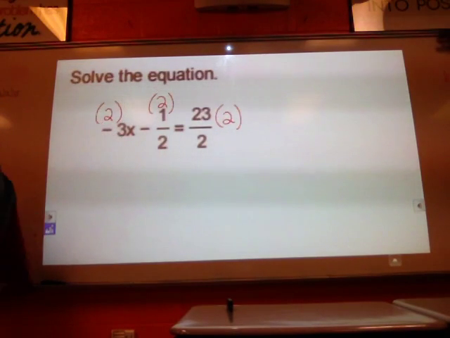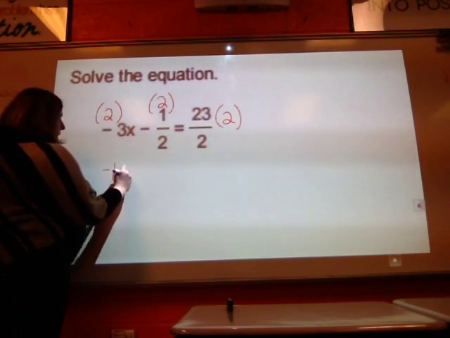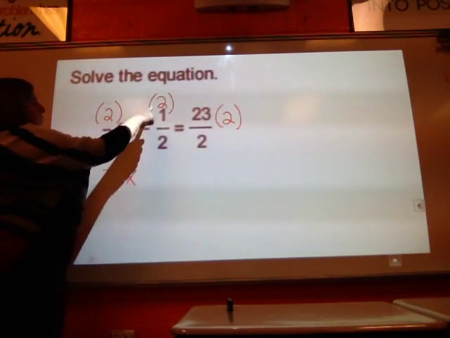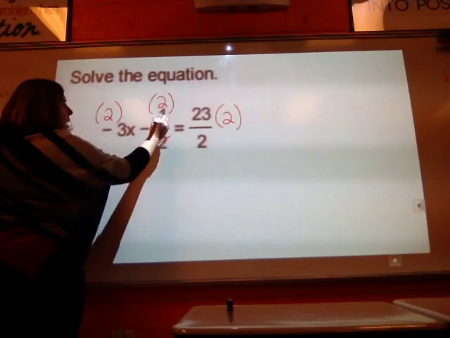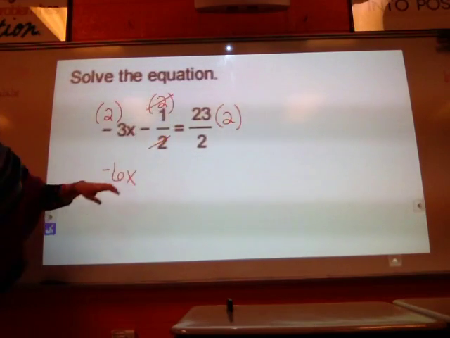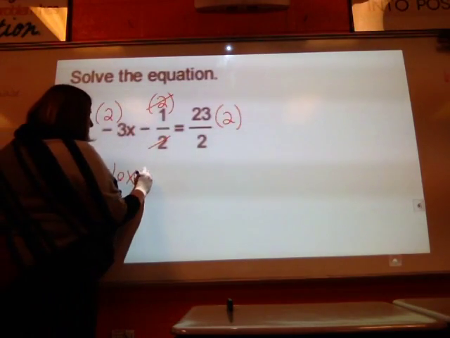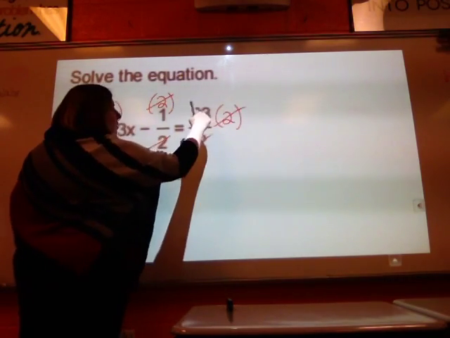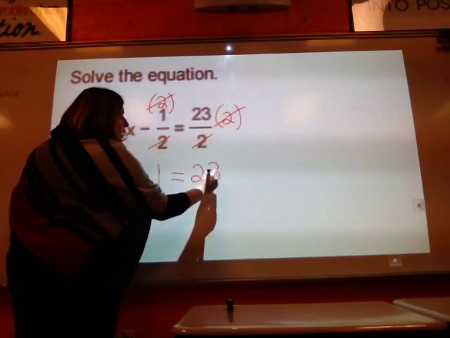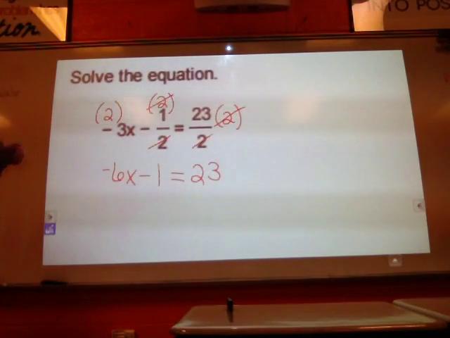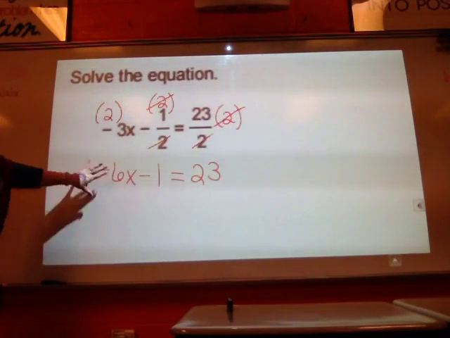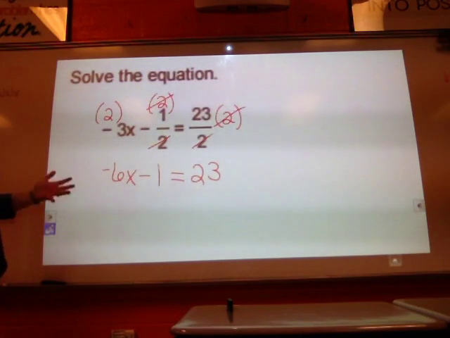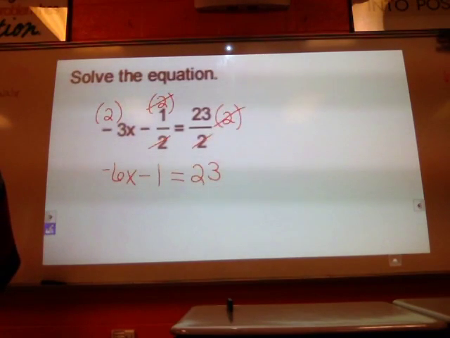2 times negative 3x is a negative 6x. And then the reason we do this is because that 2 and that 2 cancel one another out. And we're just left with a negative 1. So negative 6x minus 1 is going to be equal, same thing over here. Those cancel out and leave me with a 23. So now your fractionophobia is taken care of, and you no longer have fractions,